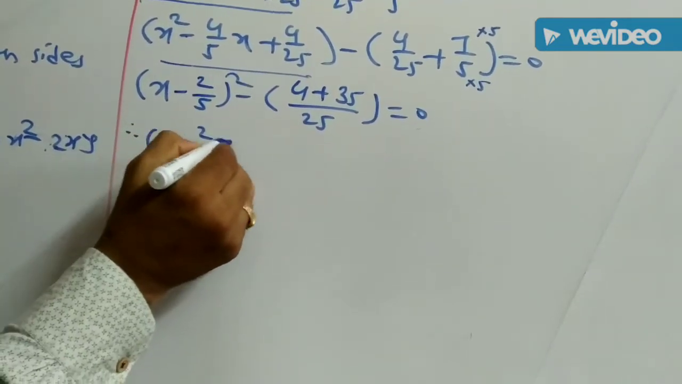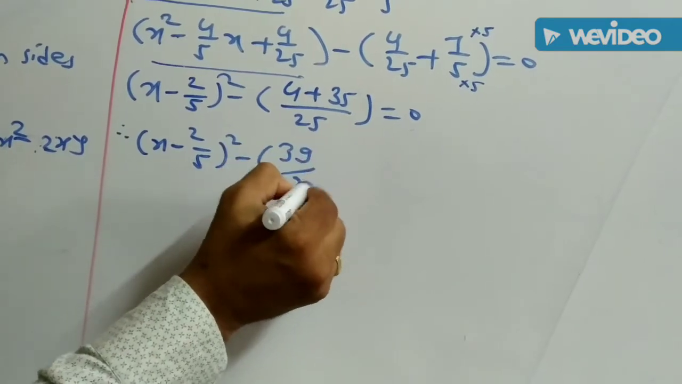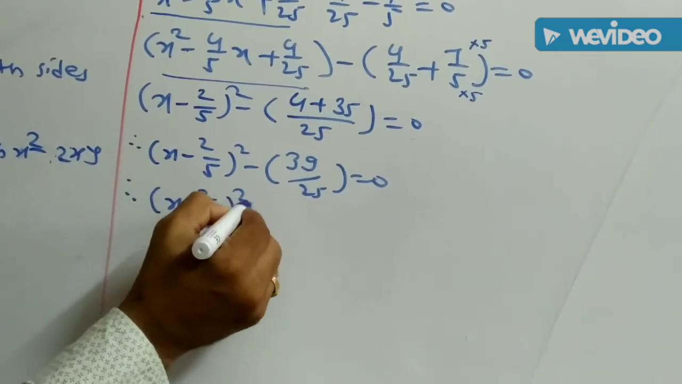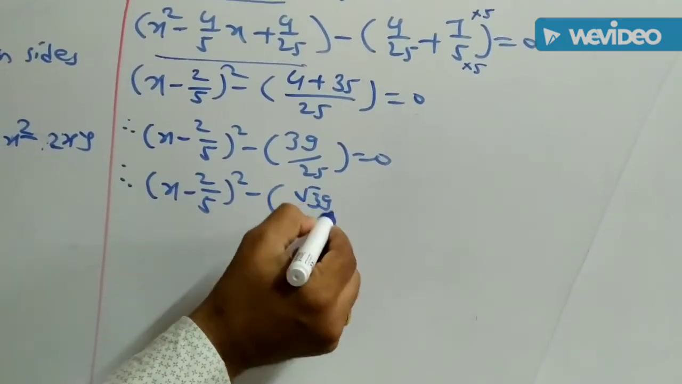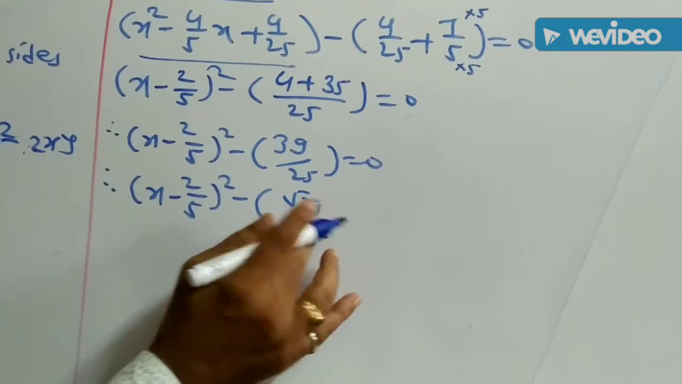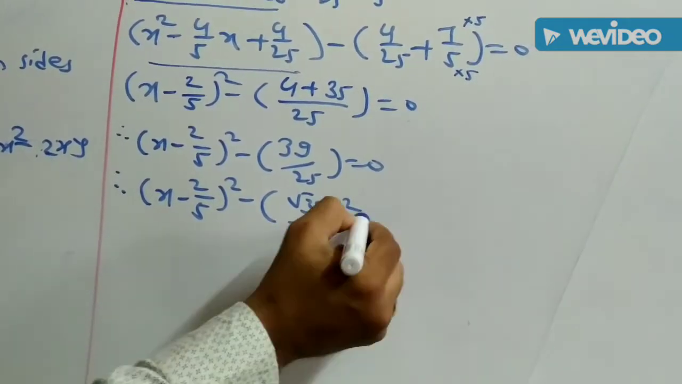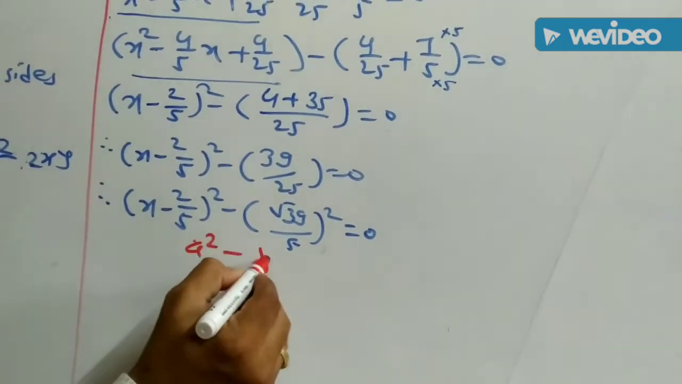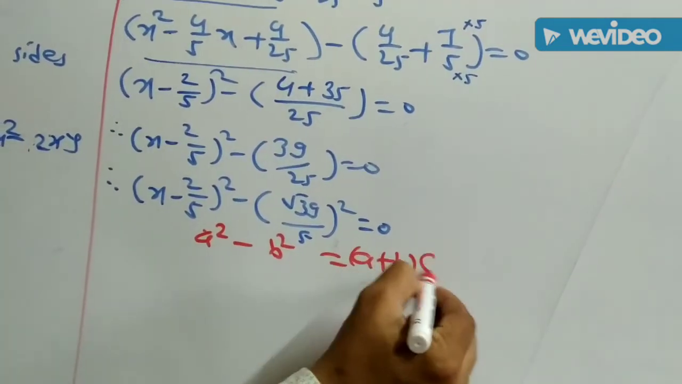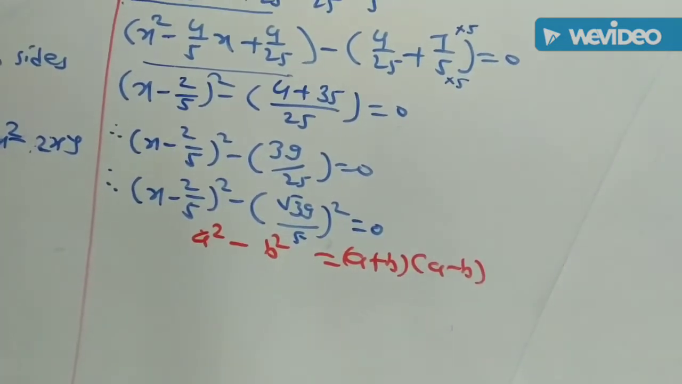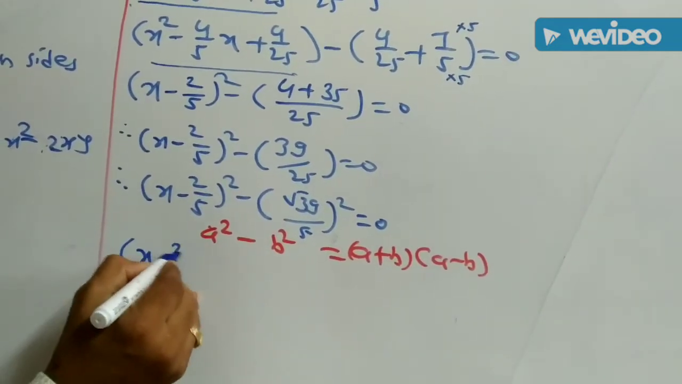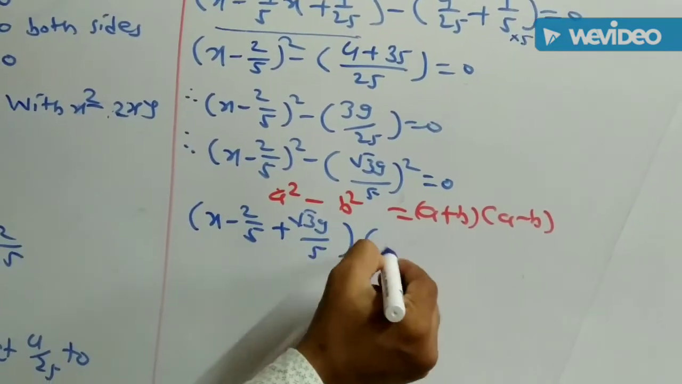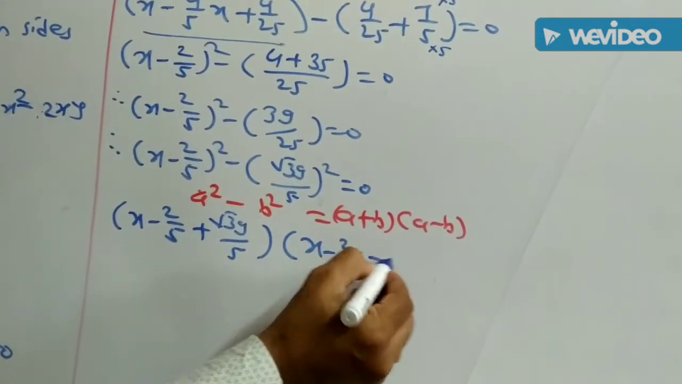x minus 2 upon 5 bracket square, minus 39 upon 25 is equal to 0. Now x minus 2 upon 5 bracket square, minus the square of root of 39 upon 5, bracket square, is equal to 0. Now it is in the form of a square minus b square, therefore the factors are in the form of a plus b, a minus b. Instead of a, write x minus 2 upon 5, plus b, that is root of 39 upon 5, and x minus 2 upon 5 minus b, that is